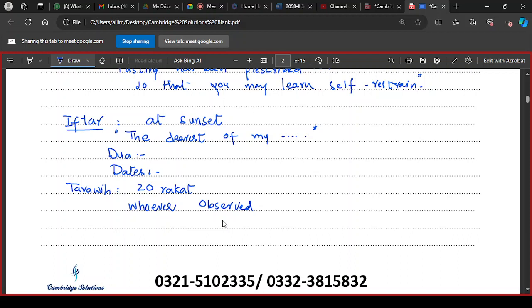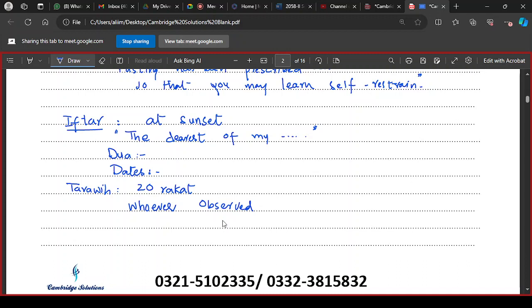So this hadith could be quoted in the reward for fasting, the reward for standing in prayer at night, and the reward for worshipping during the night of power. That is the blessing from Allah Almighty for the one who observes fast, the one who performs prayer at night in the form of Tarawih prayer. These are the major practices usually practiced by the Muslims.